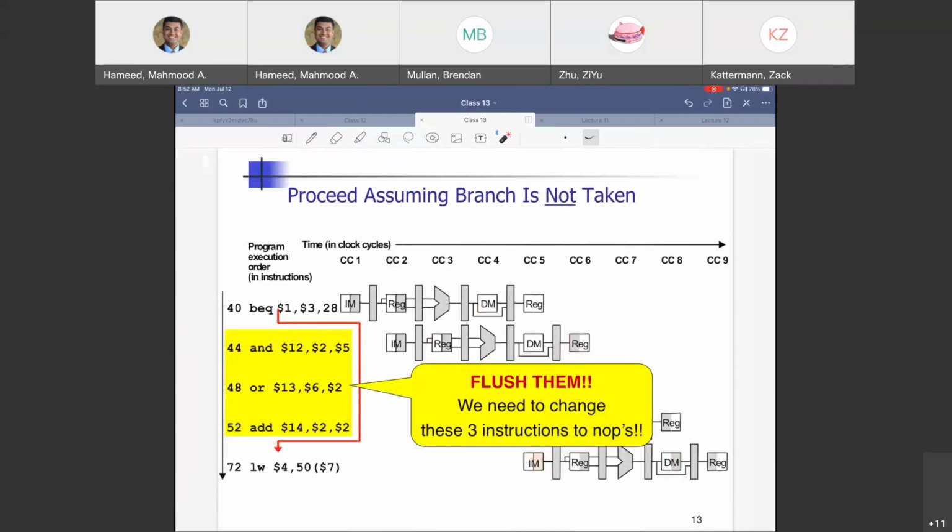What is a NOP? We know that it's an instruction with all 32 zeros, right? And if you look at all 32 zeros, it actually is shift logical left. Shift logical left of register 0 by 0 amount. So you cannot write to $0 anyway, but it is shifting a bunch of zeros left by 0 amount, so it stays the same. That's how you execute NOP.